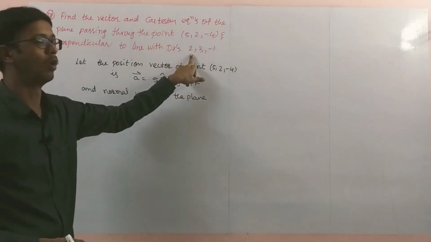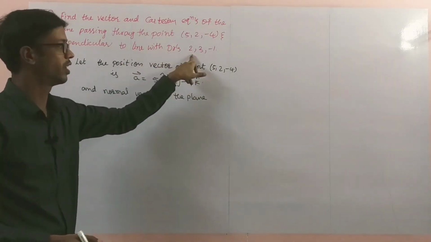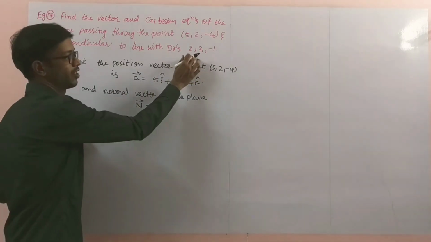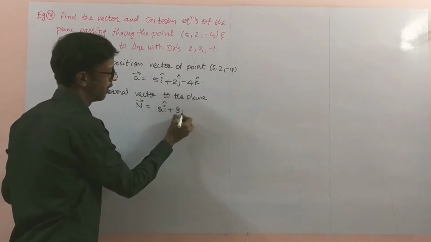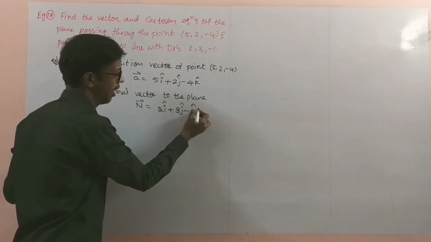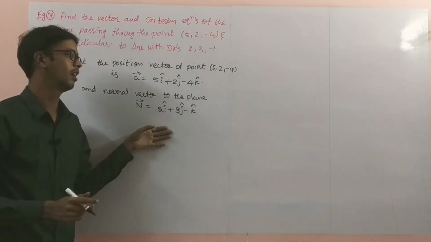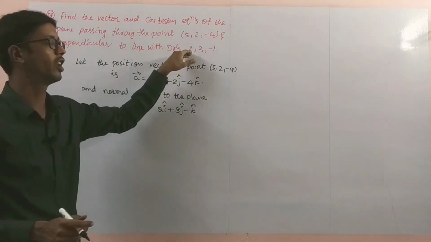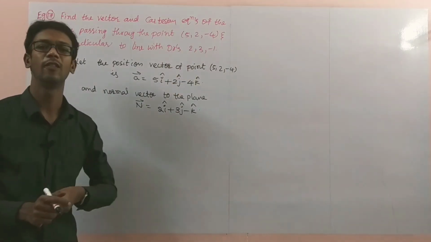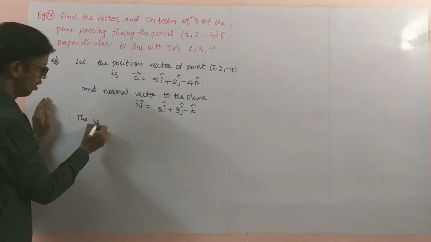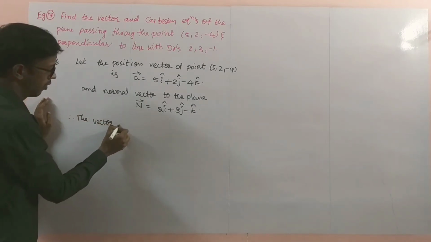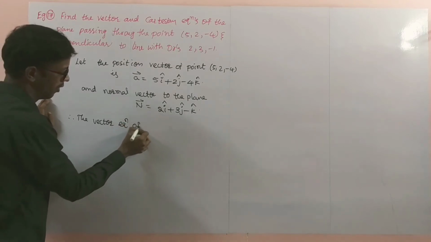Capital N bar equal to, this is a line equation, with direction ratios 2 I cap plus 3 J cap minus K cap. This is a vector equation. If you know the direction ratios, you can write the vector equation. Therefore, the vector equation of the plane